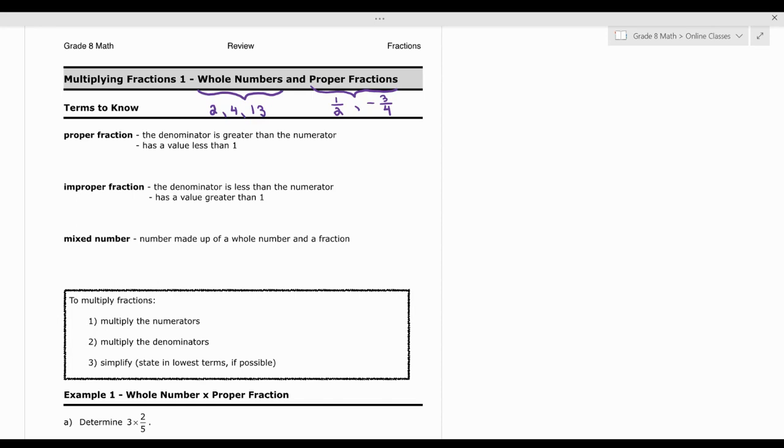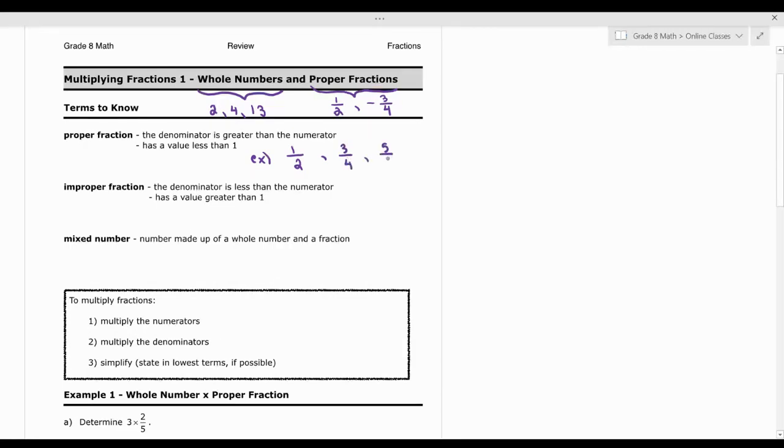And then we're also going to look at proper fractions. You have the definition below under terms to know, but two quick examples, you could have 1/2, and you technically could have -3/4, but for grade 8, we only focus on the positives. So terms to know, proper fraction: it's called a proper fraction when your denominator is greater than the numerator, and it's going to have a value less than 1. Just to write down a couple more examples, I could have 1/2, I could have 3/4,